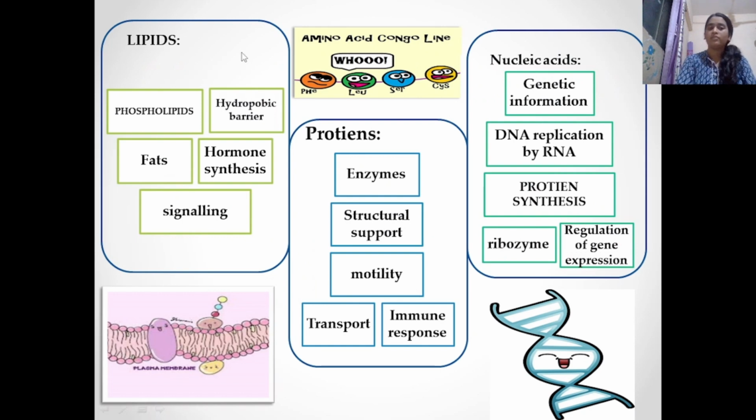So, firstly, we have a biomolecule named lipid. Lipid occurs in the form of phospholipids. So, as we know, our plasma membrane is a bilayer membrane. That is, it has a hydrophilic head and a hydrophobic tail. So, that is why it acts as a hydrophobic barrier as it keeps the cell constituents and the water differentiated